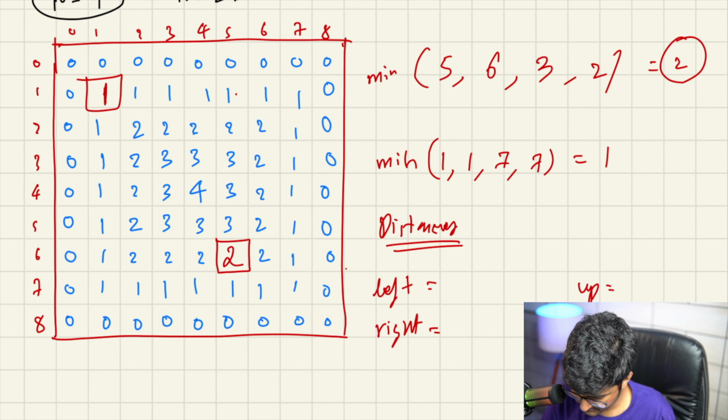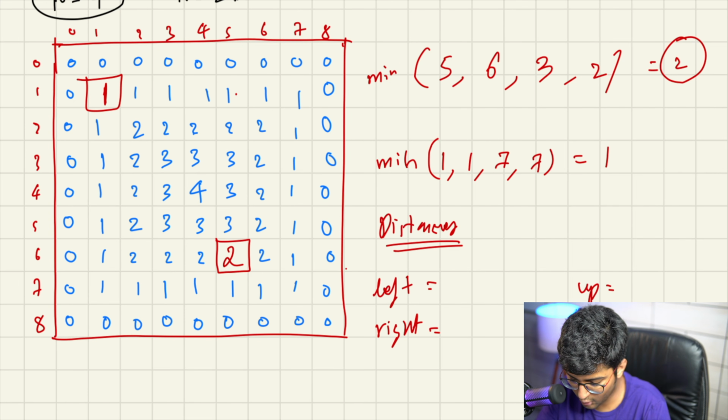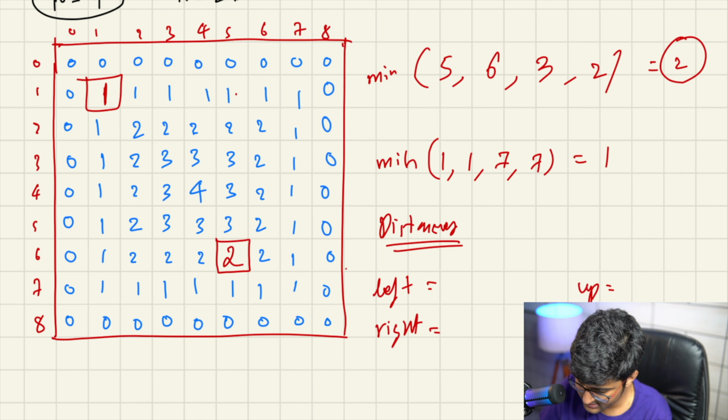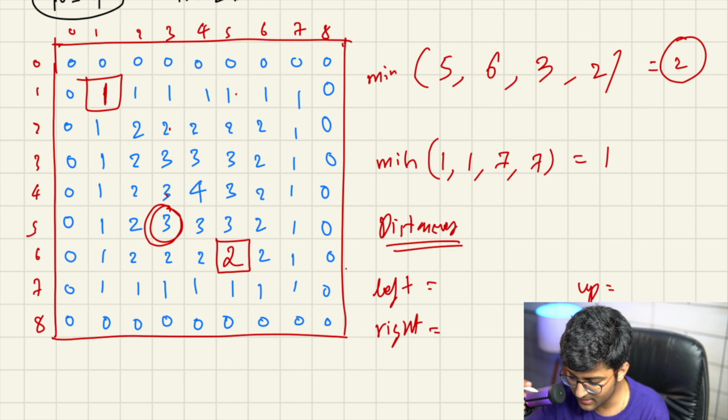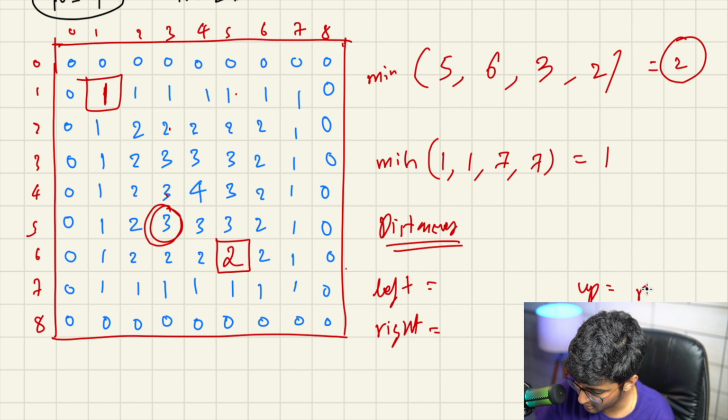So if I'm at row number 6, it means I am already down 6 times. So if I'm already down 6 times, down is going to be equal to the number of row. Check for any case. If I'm talking about this one, so row number is 5, means there are 5 rows above it. 1, 2, 3, 4, 5. That's correct. So what is the distance from the above wall? Distance from the above wall is equal to the number of row. Okay. What is the distance from the left wall? That is equal to the number of columns. So if you are at column number 3, so there are 3 over here. Yeah. From the left wall, it's column.